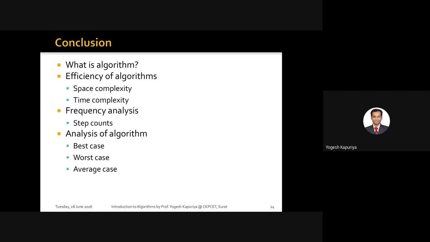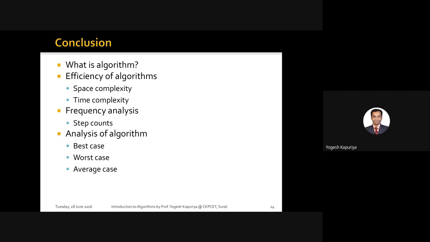For that, there are a number of resources which an algorithm may make use of. But normally we consider only 2 prime resources. One is space and second is time. Space here means we are dealing with the computer memory. And when we say memory, we primarily mean primary memory only. We don't consider the hard disk and storage.